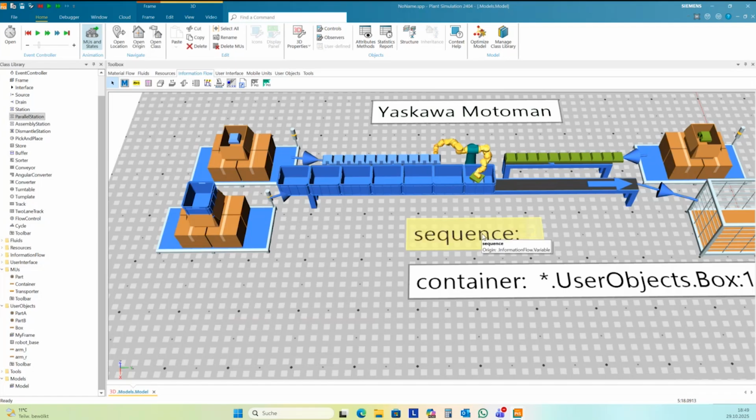It's just a global variable from the information flow, and all parts can have access to this global variable. The sensor control, the control of the left arm, the control of the right arm, all can have access to this global variable.